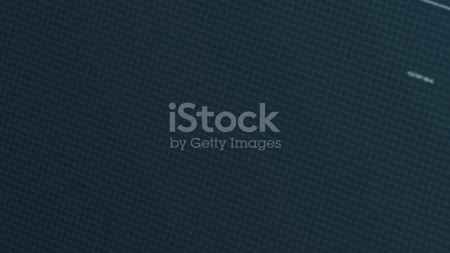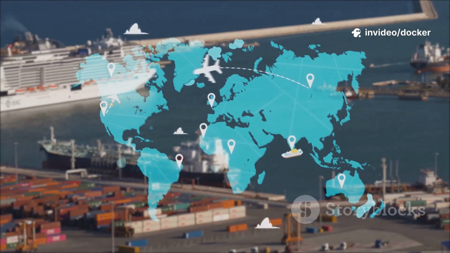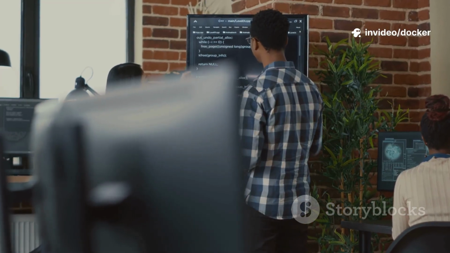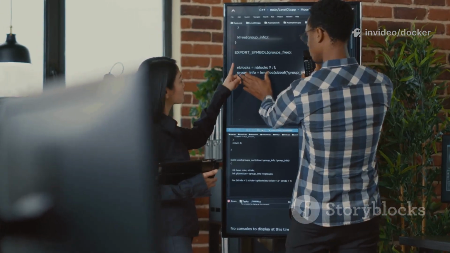So, to sum up, Docker lets you build, ship, and run apps anywhere, without worrying about the environment. It's fast, lightweight, and makes your life way easier, whether you're a solo coder or part of a big team. That's Docker,